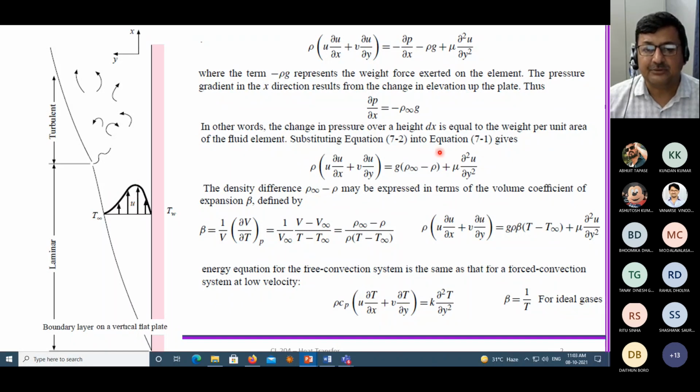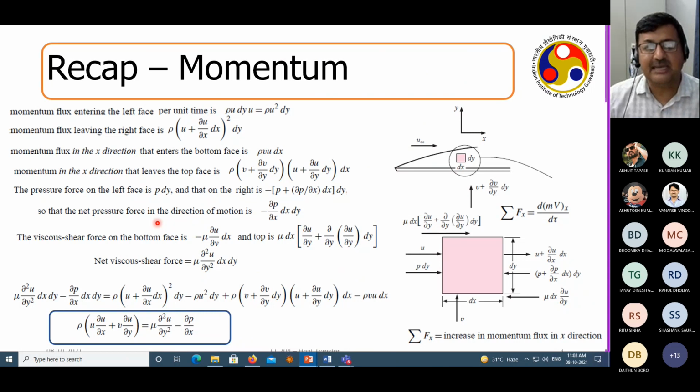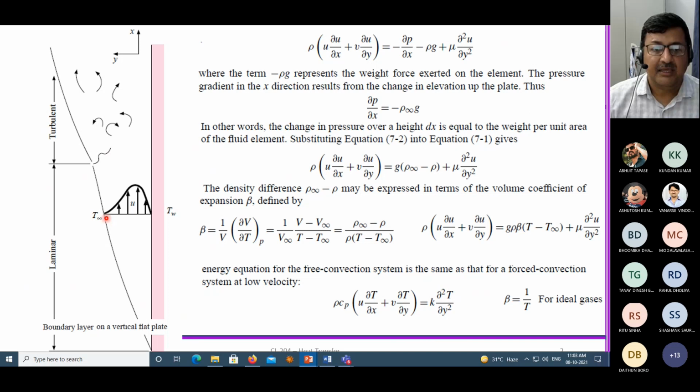Now that becomes the buoyancy force, and then if you integrate over different places, and then if you take the temperature equation, we really did solve with the same set of equations, but with a different set of boundary conditions. Here the fluid is stationary, so essentially at some point the velocity will be 0. Here it is no slip, so you are basically going from u equal to 0 to u equal to 0 somewhere, and then this is TW and T infinity. T infinity is the temperature of the fluid, and TW is the temperature of the hot wall, because of which these recirculations are created.